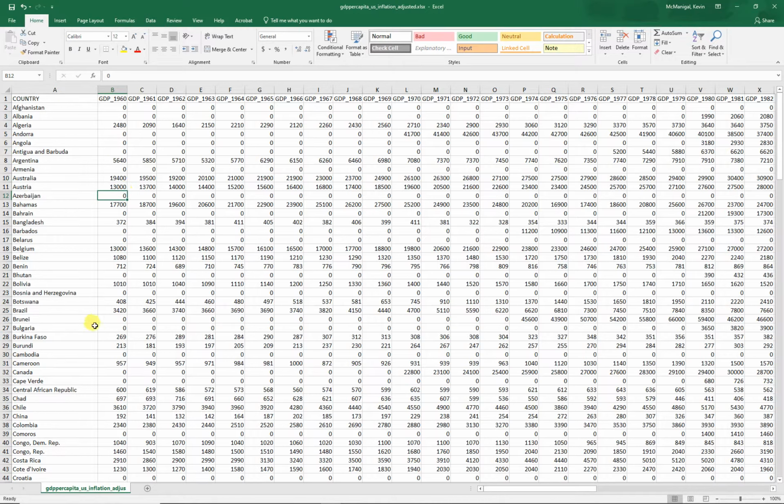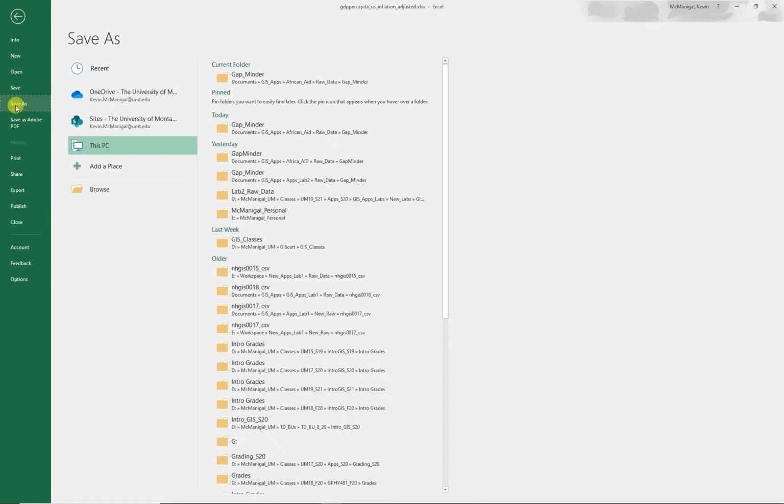We have all the countries in the world, and we're only dealing with Africa, and there's no easy way for us to just find the African countries in here. So we're going to join this data to the African countries in GIS and then re-export the table back out, and then we can go in and start calculating some averages of GDP over this time span and get rid of all these zeros. So we want to save this guy, and then we're going to do a save as,